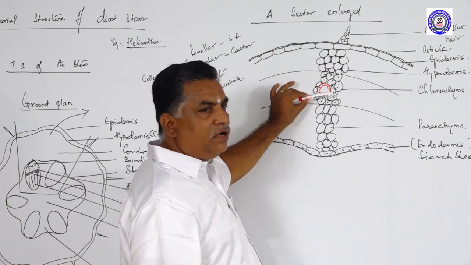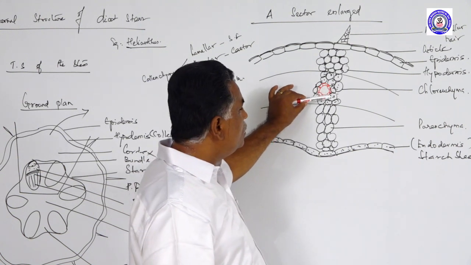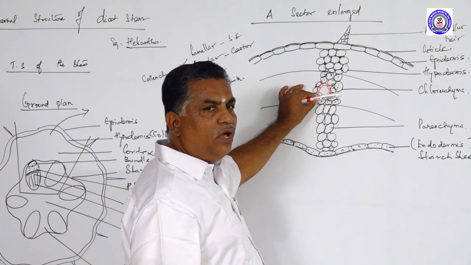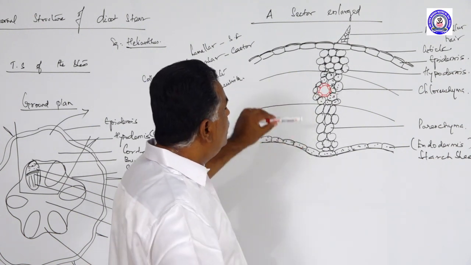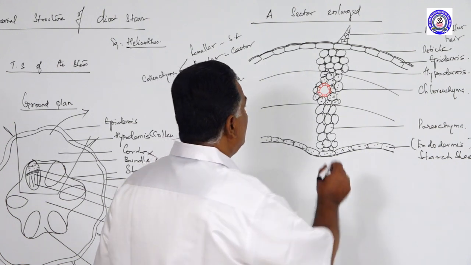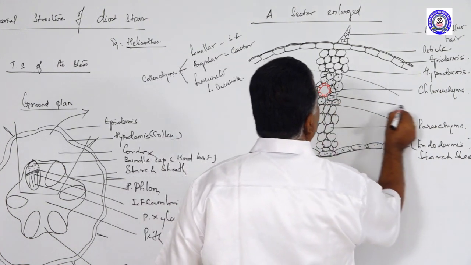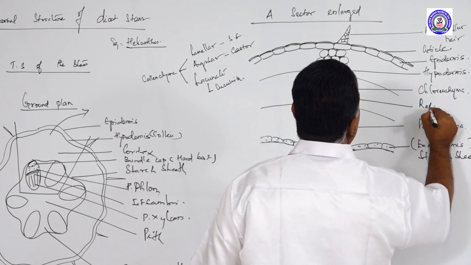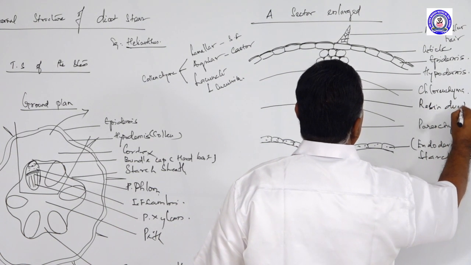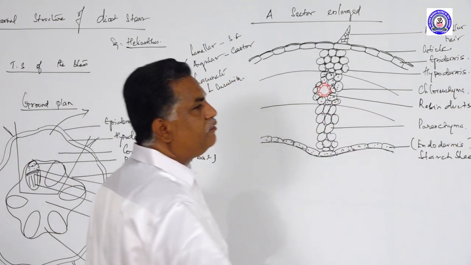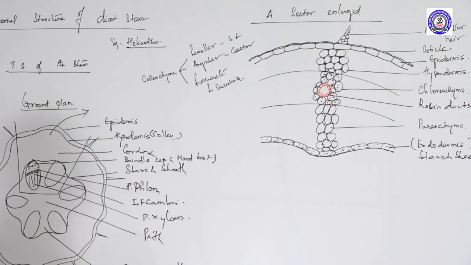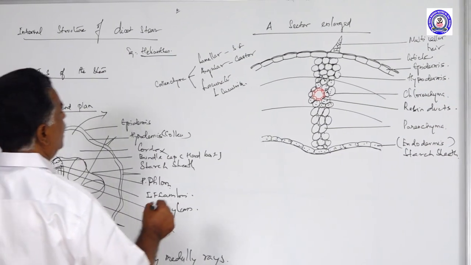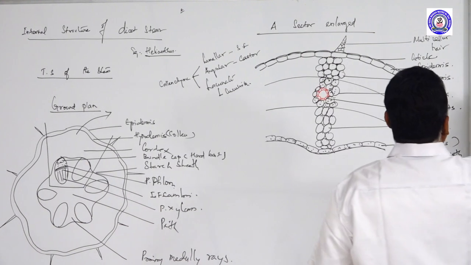And next is the chlorenchymatous zone. As we know, the cells are provided with chloroplast, and so they are involved in photosynthesis. Here and there in the chlorenchymatous zone, we will see certain ducts. They are called resin ducts. These resin ducts are found in helianthus, and they are formed when tissues are formed, and they may be either